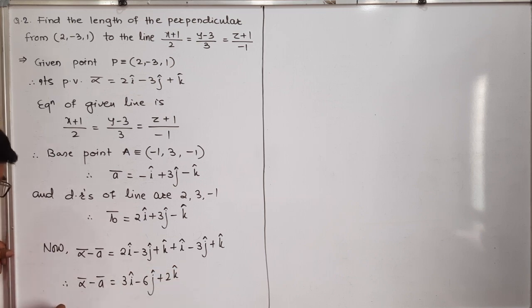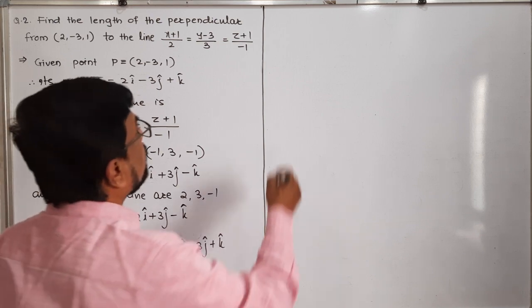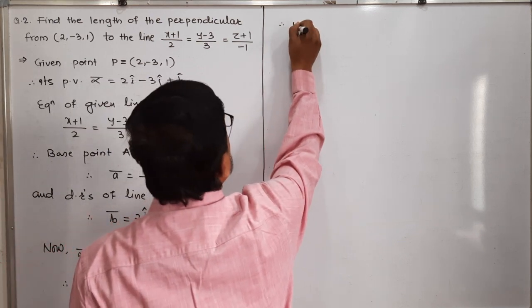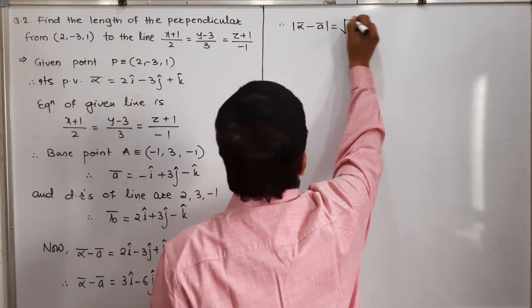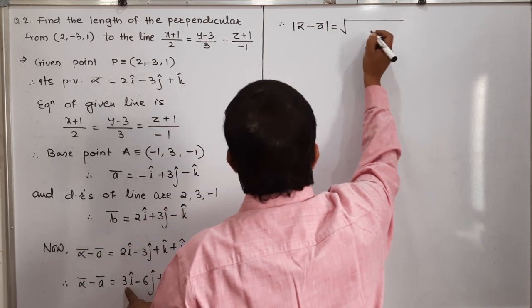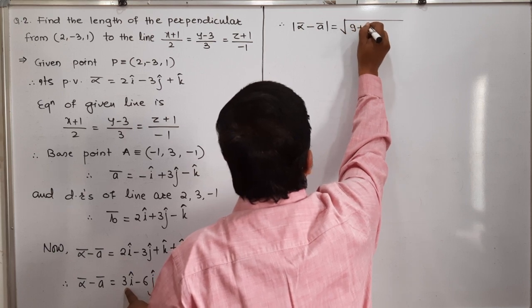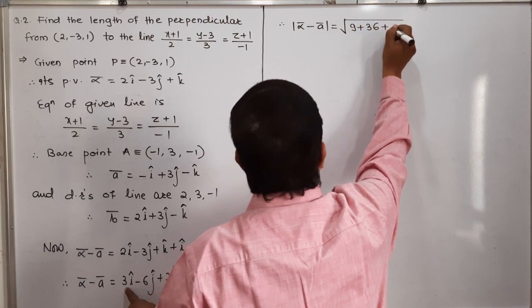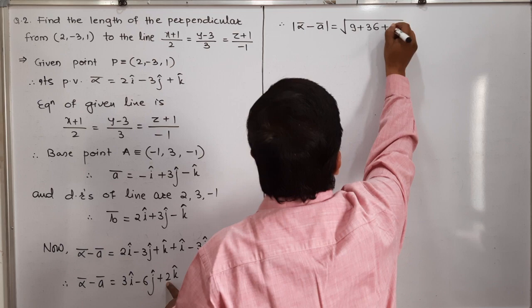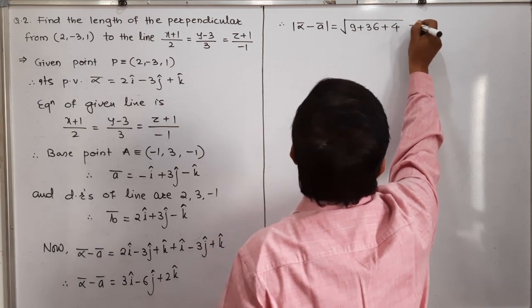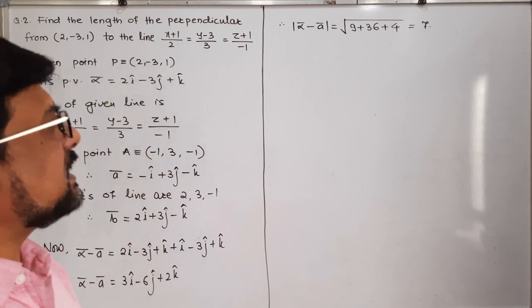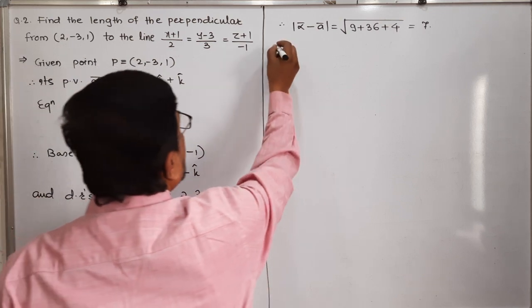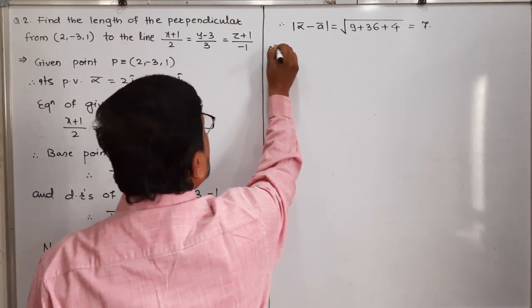Therefore, we can say that magnitude of alpha vector minus a vector is equal to under root of 9 plus 36 plus 4 (2 square is 4). That is equal to 7. Magnitude of alpha vector minus a vector is 7. Also, alpha vector minus a